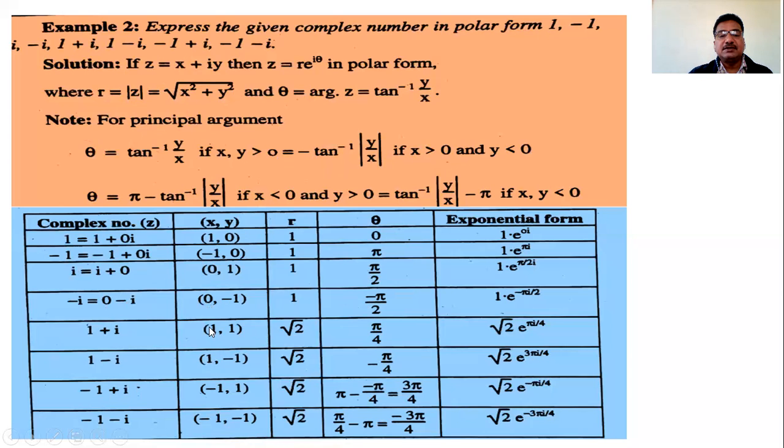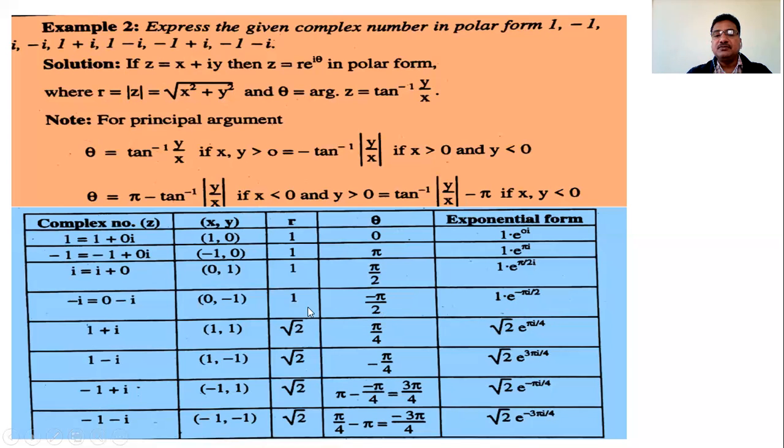Minus this number, for this number 0 minus 1, minus tan inverse y is minus 1, x is 0. So the modulus of minus 1 by 0 is 1 by 0, actually that is infinity, positive infinity, and tan inverse infinity is pi by 2. So minus pi by 2 is its argument, the principal argument, and therefore its exponential form is this,